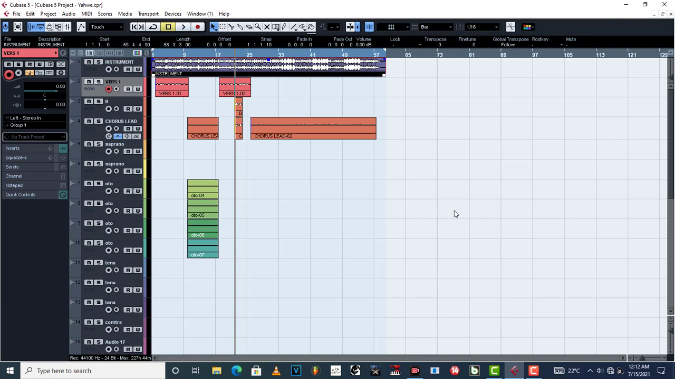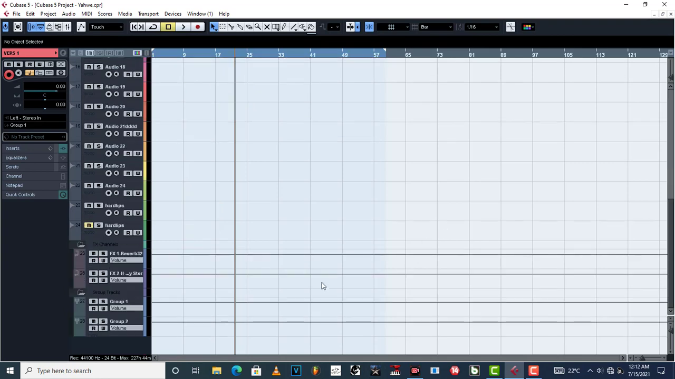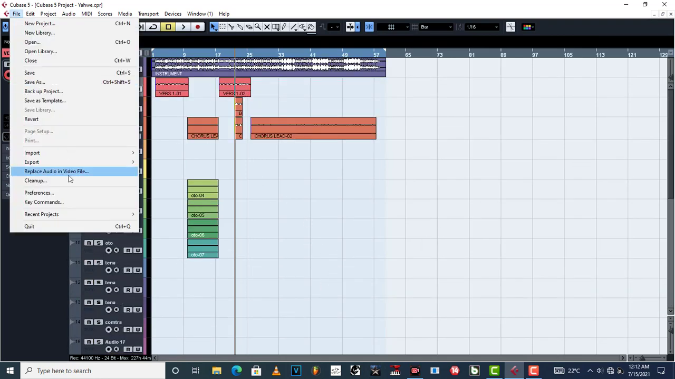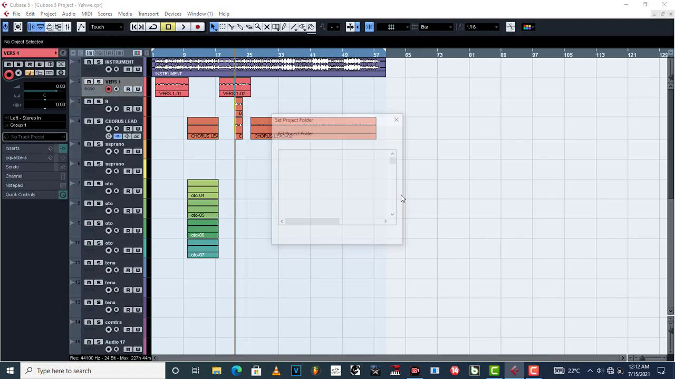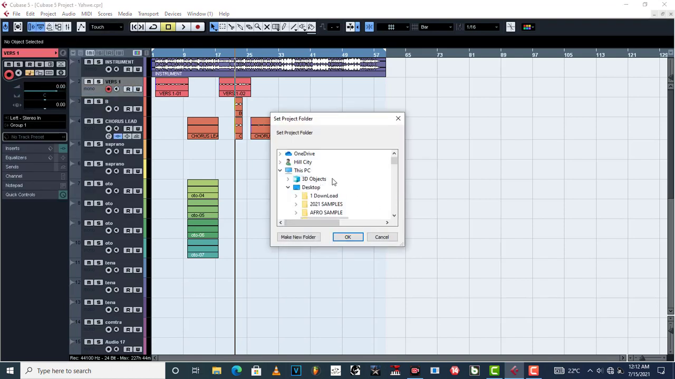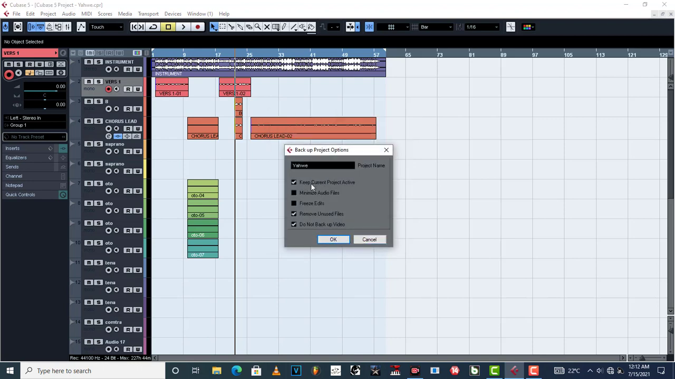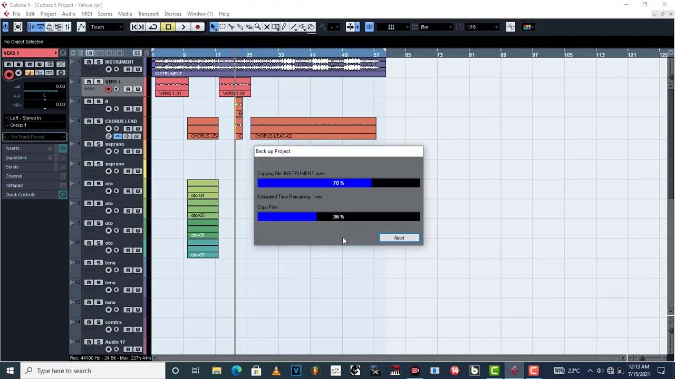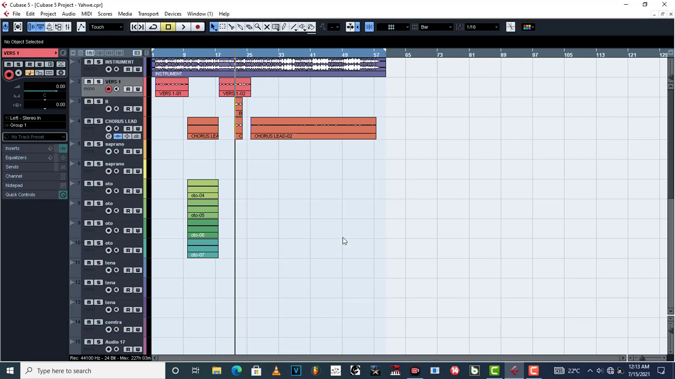Now that we have our folder on the desktop, the next thing that you do is back up the project, and let us locate where your folder is. Our folder is named FL Studio right there. Just click OK. Keep current project active. Don't tick remove unused files. Do not back up video. Yeah, and hit OK. So now once you're done, just